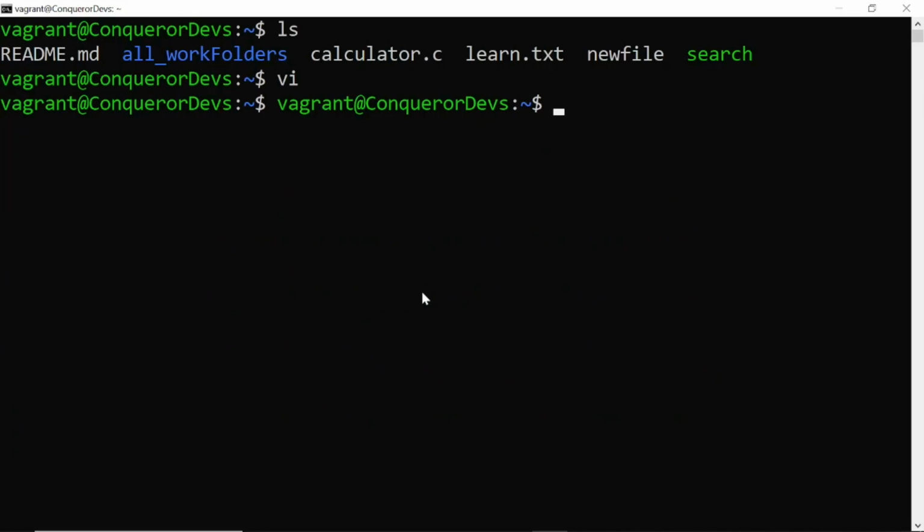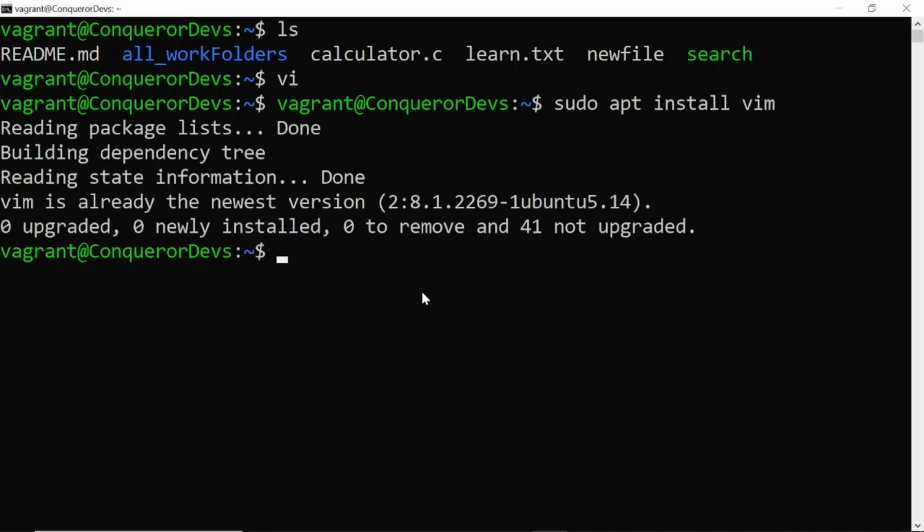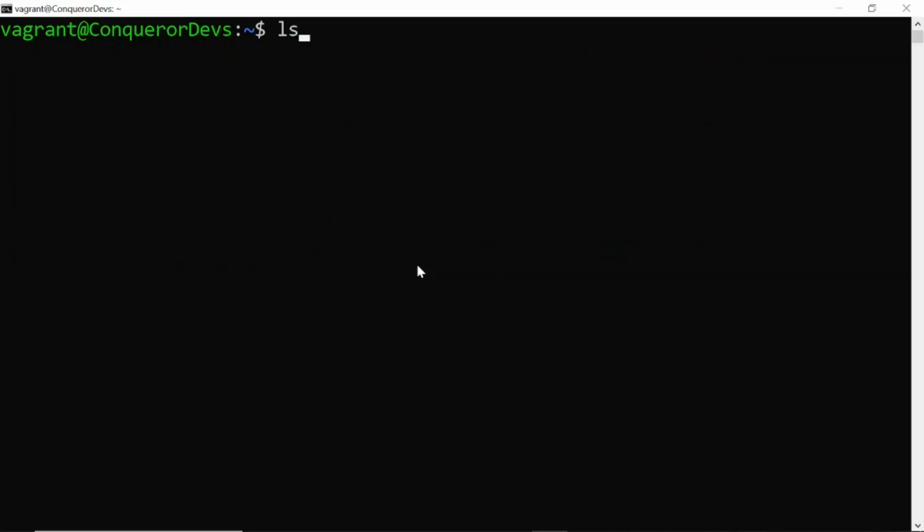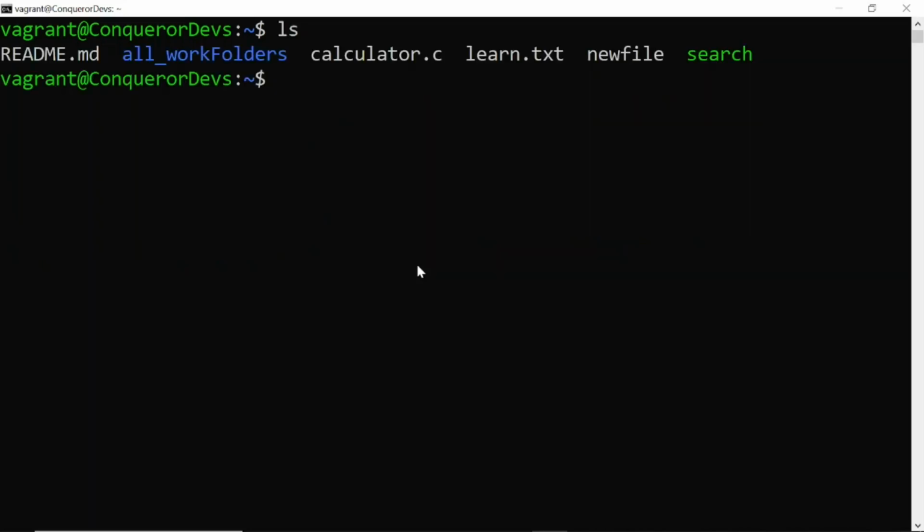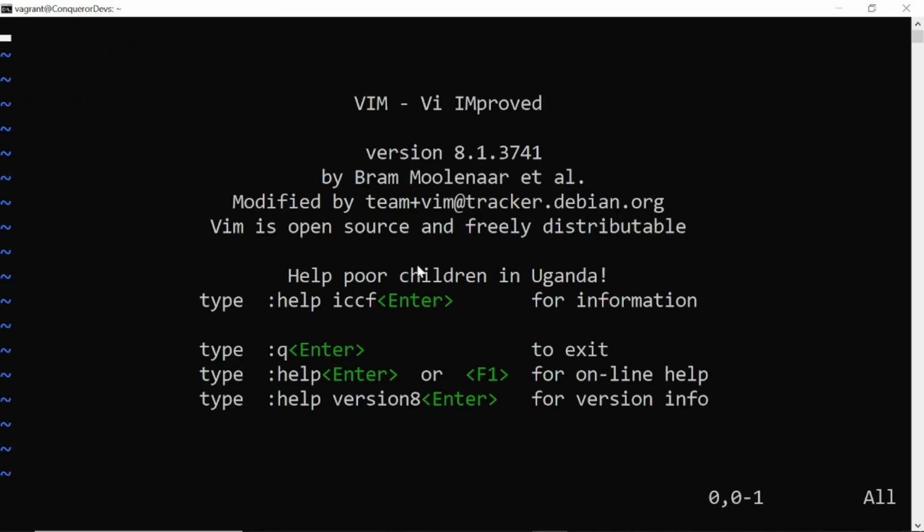And if you don't have it, you can just install it by typing this command: sudo apt install vim, and you should have it installed. I already have it installed, so that's how you get it installed. So as I was saying, to create a file, there's another way of creating it. The other way is by not including any file name. In what we did previously, we used new file, but this time you just type VI, enter it,